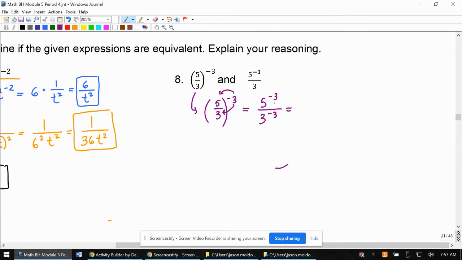Next, I'm going to cross the line, change the sign, which means that 3 to the -3 is going to go to the numerator and 5 to the -3 is going to go to the denominator. I'm also going to prove that that's allowed. Normally, again, I would skip this step, but I could think of